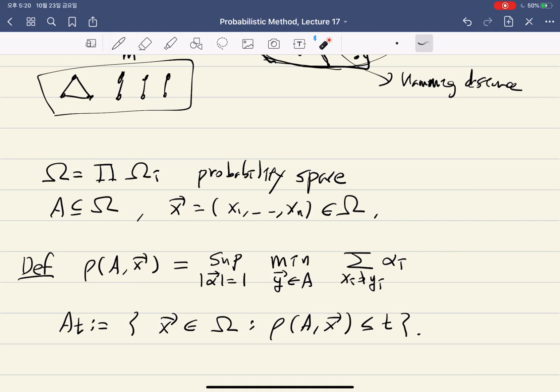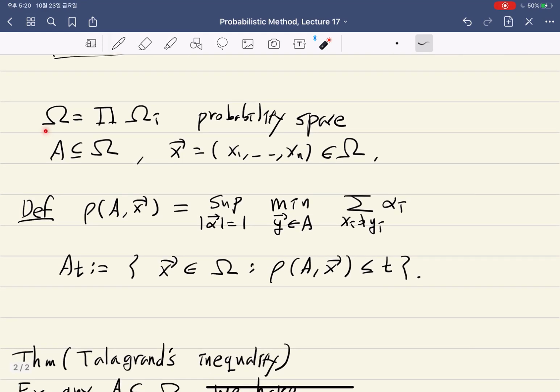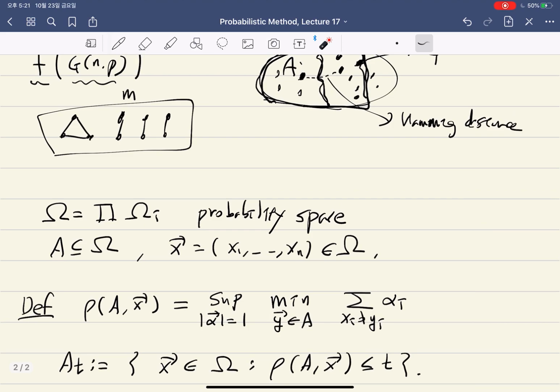So we want to consider other types of distance, which measure over all weighted situations. Some coordinates carry more weight than other coordinates. That's a weighted situation, and we want to be able to deal with all possible weighted situations. So what we do is we consider the product probability space, and then we consider a subset A there, and consider a vector. And we want to measure the distance between this point and this set A. How do we do it? When alpha 1 to alpha n, which are the weights on each coordinate, how important it is, are